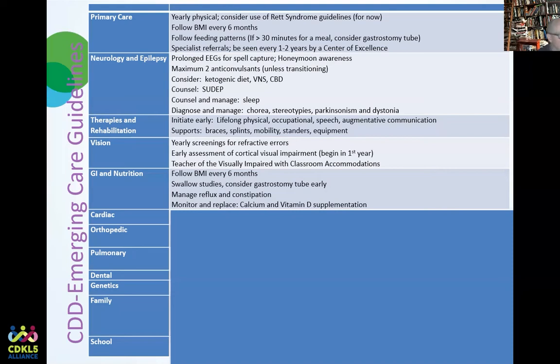And there needs to be monitoring and replacement as needed for calcium and vitamin D in order to prevent broken bones. One of the things that I suggest, and it's done differently in different places, is that a vitamin D level needs to be obtained initially on diagnosis. If it's less than 40, then replacement needs to be considered,